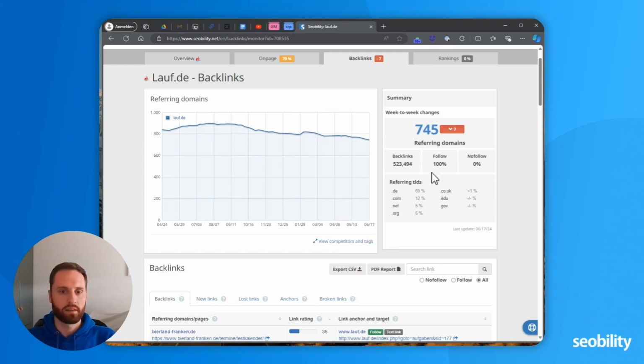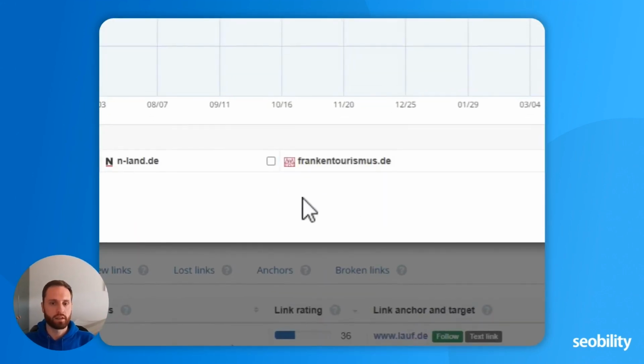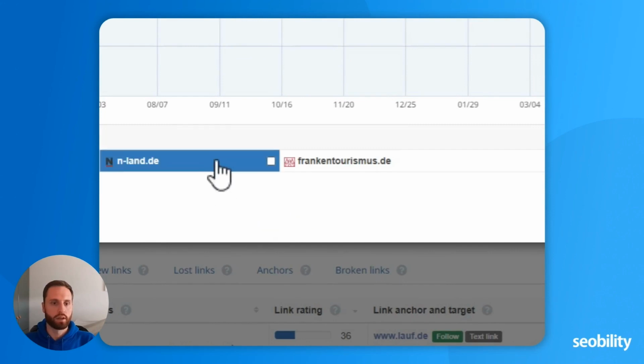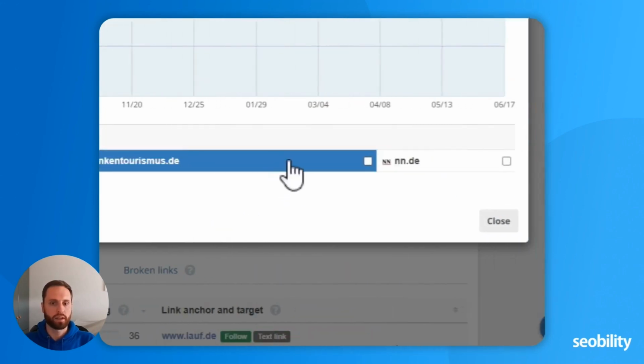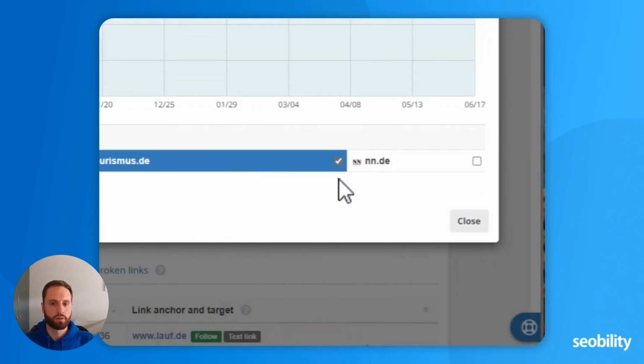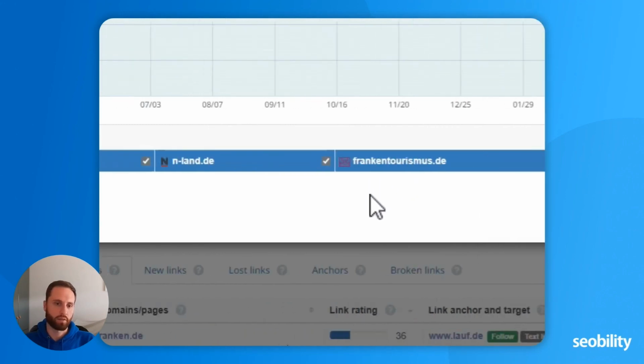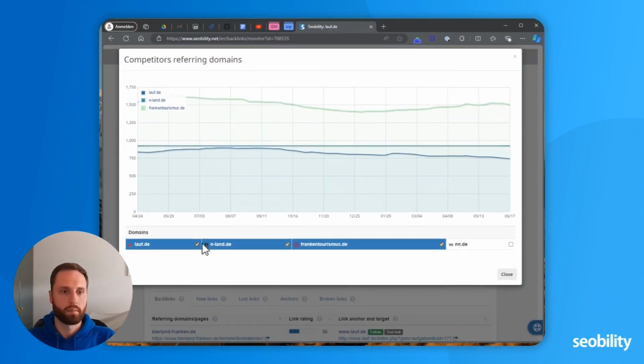And clicking this link, you could also compare the development of links to your competitors that you have added and see that Lauf is the blue line, and you, for example, see that Frankentourism is having this development in backlinks.